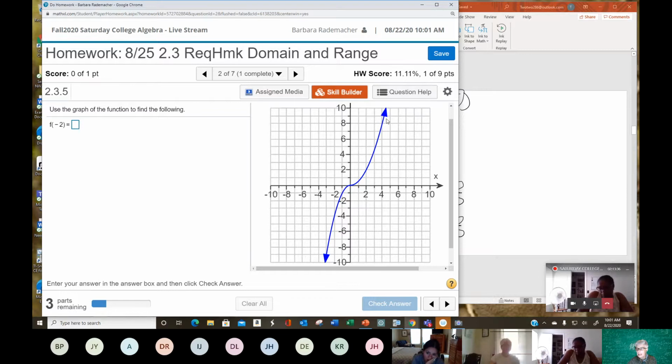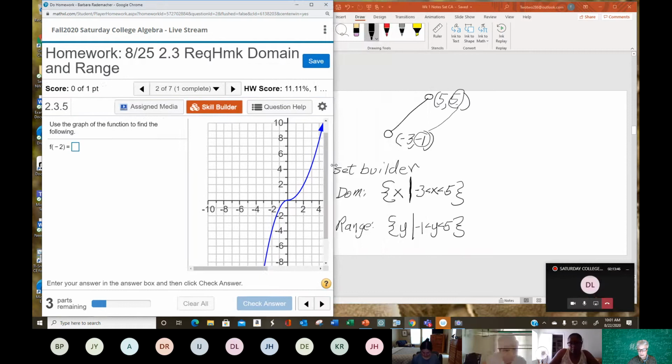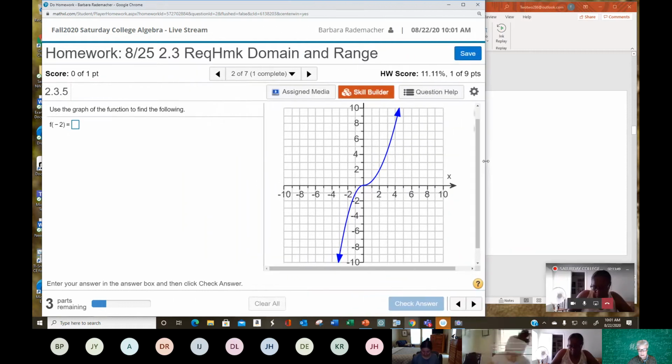And there's no limit. Look at that. Those arrows mean it's just going to keep going and going and going. Okay, so